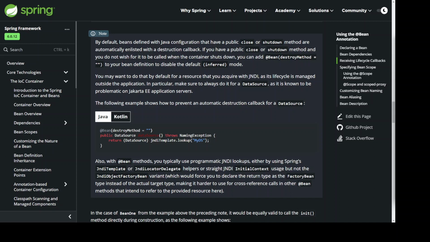In particular, make sure to always do it for a DataSource, as it is known to be problematic on Jakarta EE application servers. The following example shows how to prevent an automatic destruction callback for a DataSource. @Bean(destroyMethod = "") public DataSource dataSource() throws NamingException { return (DataSource) jndiTemplate.lookup("MyDS"); }